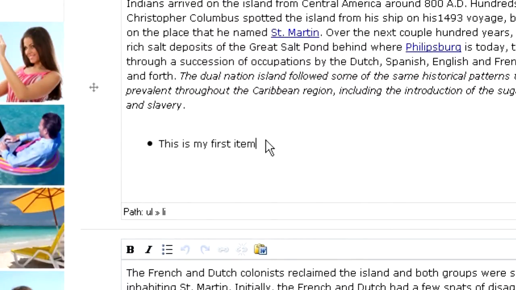And once you want to create another list item, you just need to press enter. So now I just pressed enter, and I get another dot, and I can type in something else. This is my second item, and if I press enter, I get another one. But if I want to stay within the same item and write something else on the next line, I need